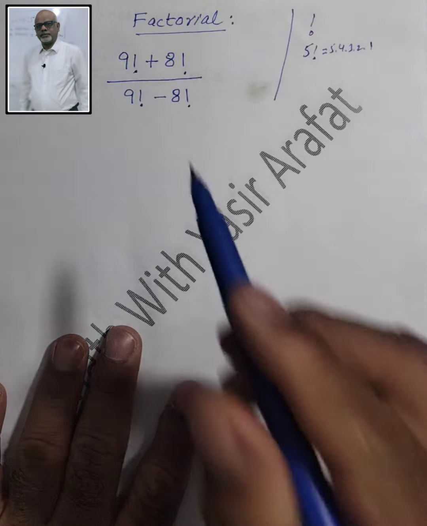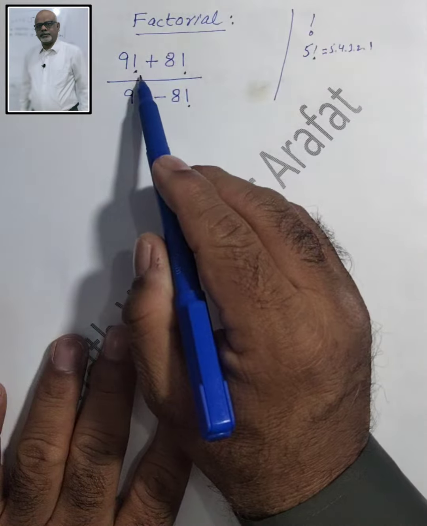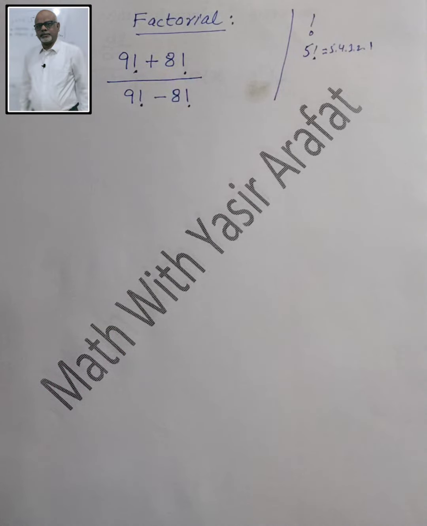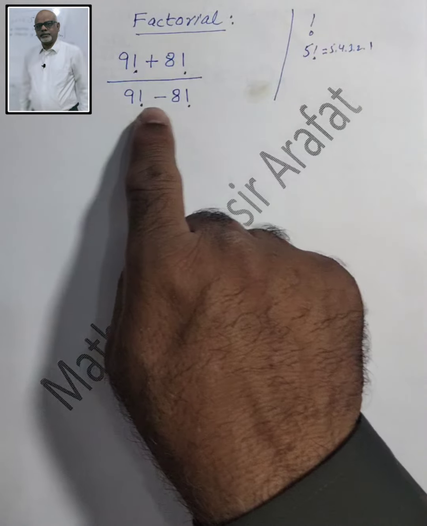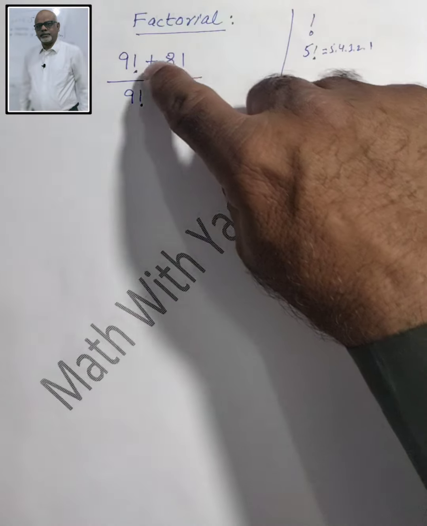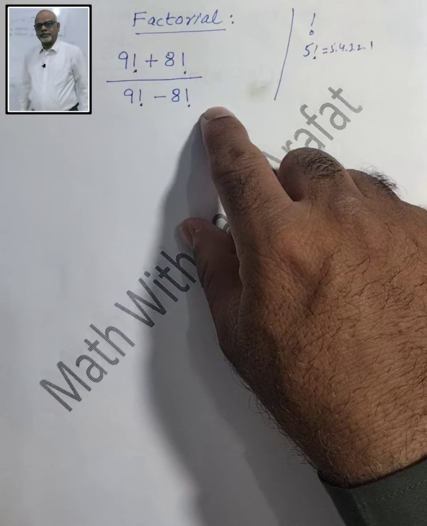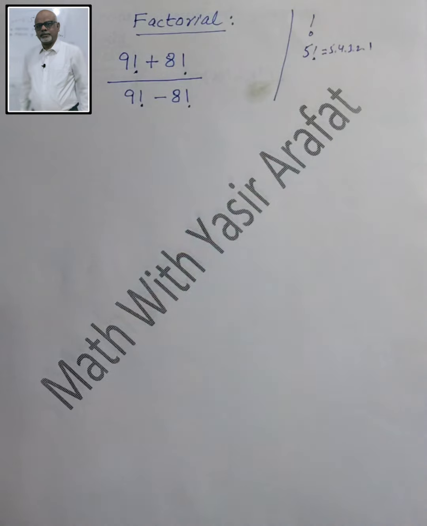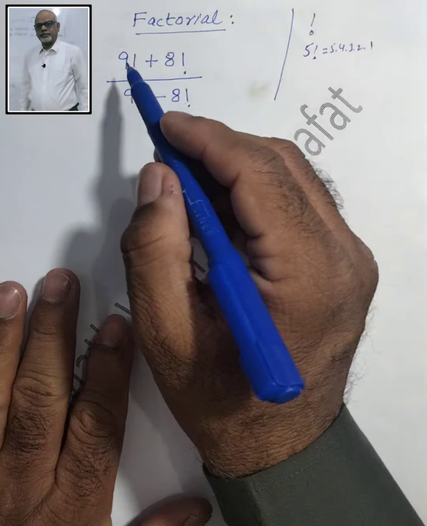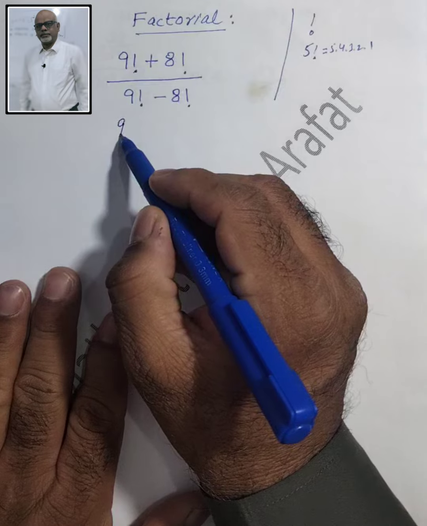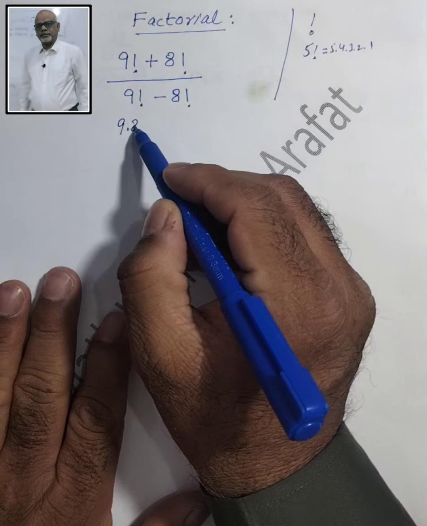Now come to this question here. 9 factorial plus 8 factorial, it cannot be summed up to each other. It cannot be subtracted as well with the factorial sign here. So what we have to do here? Think about that, students. Yes, this 9 factorial can be written as 9 into 8 factorial